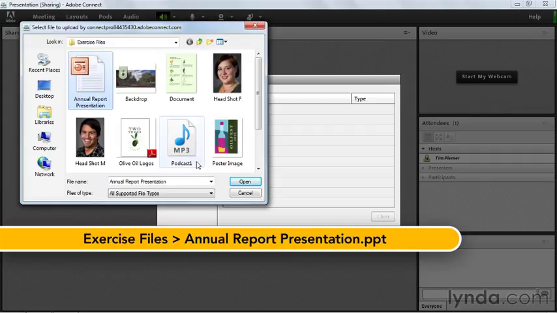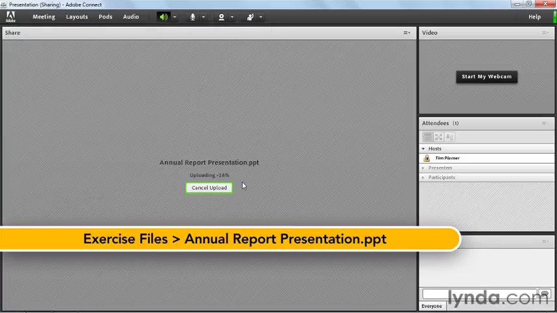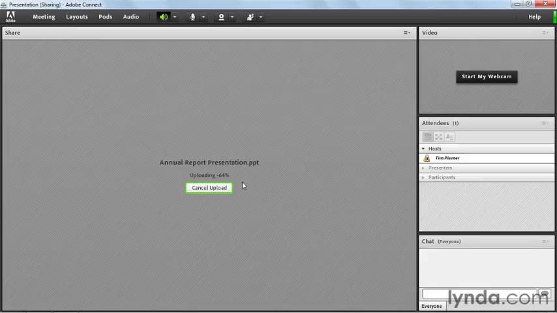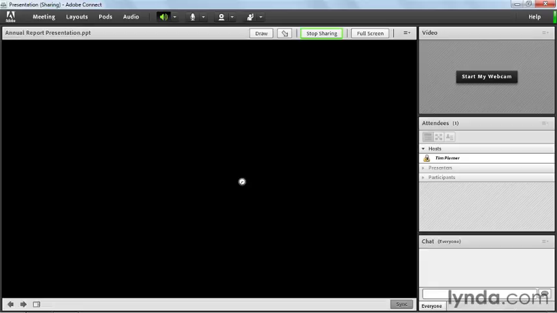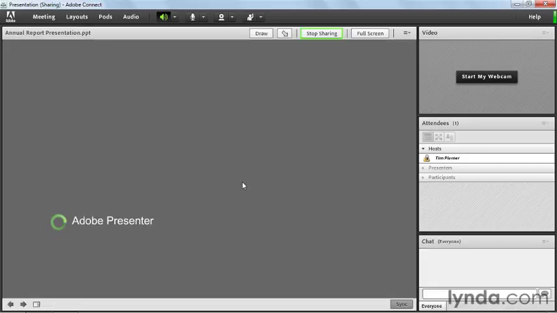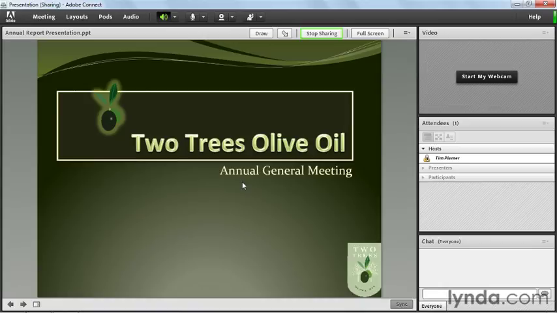This is a very small presentation. It's only 3 slides, so it's a very small file size. And it still takes a few seconds to upload and convert. You don't want to do that in front of your audience, especially if you have a 25 or a 50 slide deck, because it may take 10 minutes to upload, and it may take another 5 to 10 minutes to